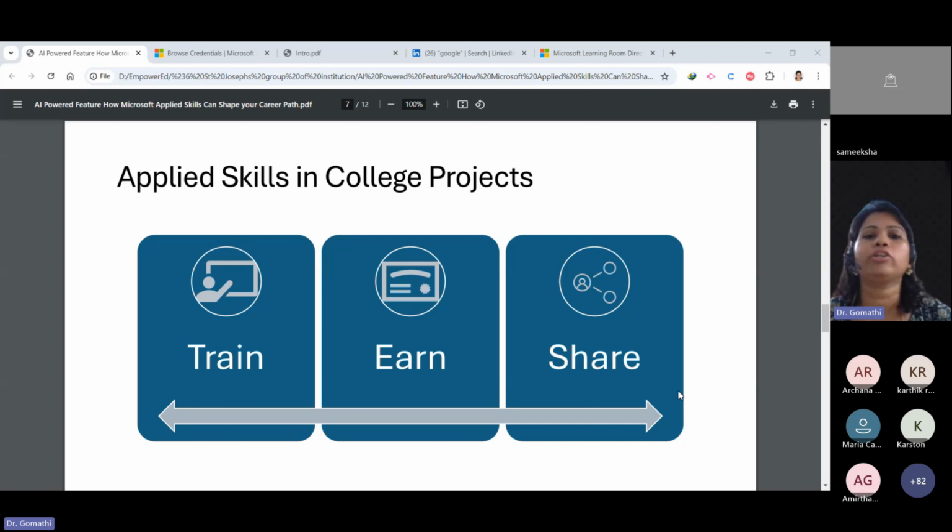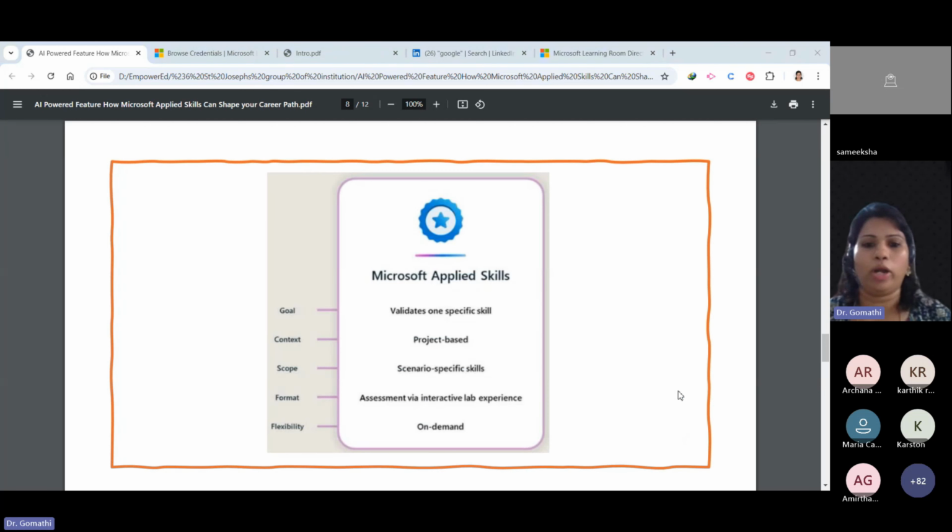There in LinkedIn, you are going to share your applied skills. That is the important thing. Now, Microsoft is offering two verticals. One is the certification, and the other is the applied skill.